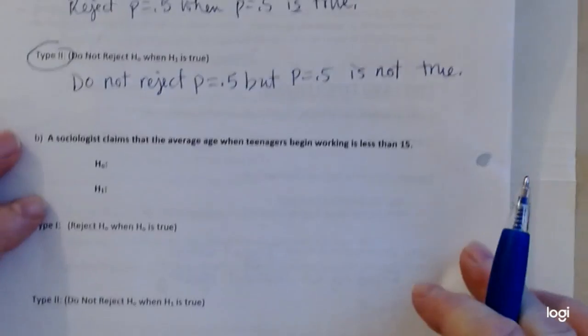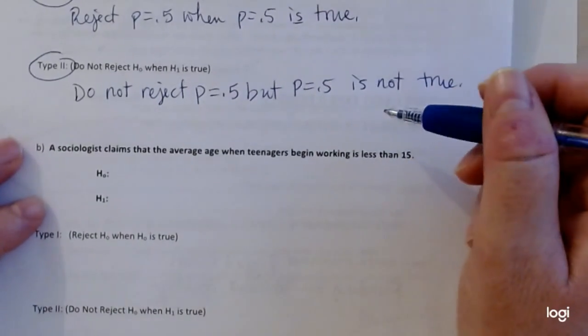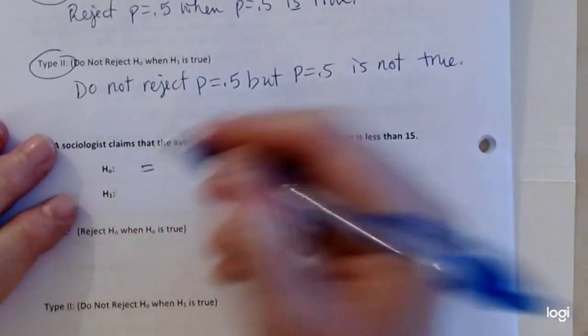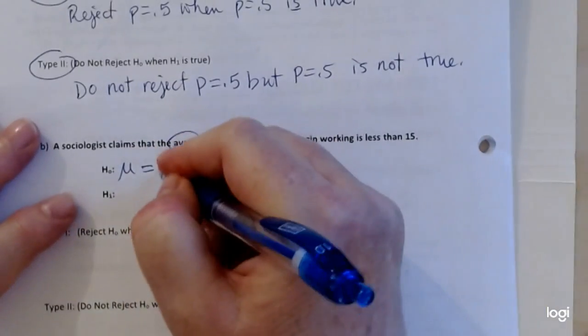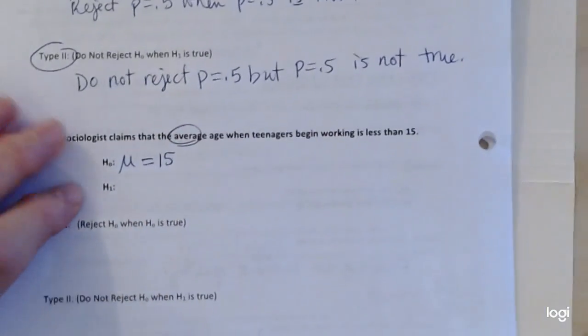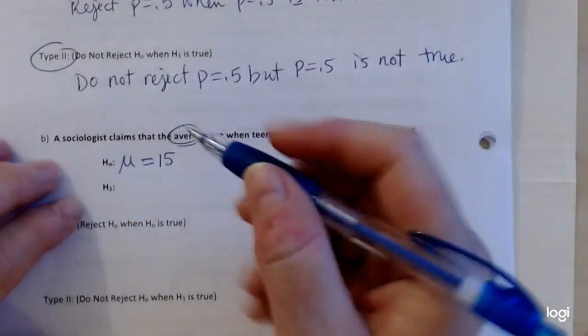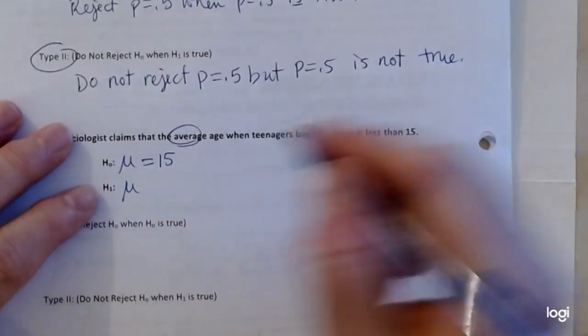In this one, we have a sociologist who claims that the average age when teenagers begin working is less than 15. So remember, the null hypothesis always has an equal. Average means a mean, so the mean is 15. If you take the mean of all teenagers and how old they are when they start to work, and this person says they think that the mean is less. So the mean is less than